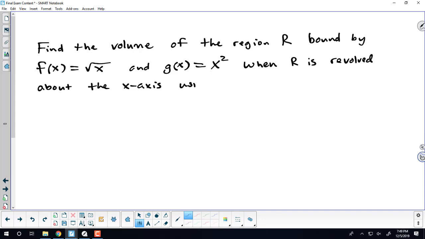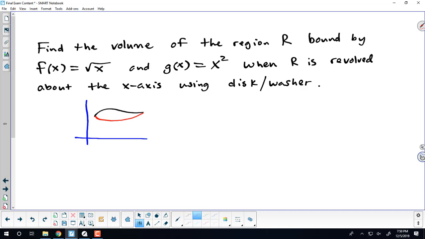Using disk or washer. And then we could perhaps look at that same region with shells as well. But something you could put on your note card is, you could even draw out the scenarios here and say, you have a region like this